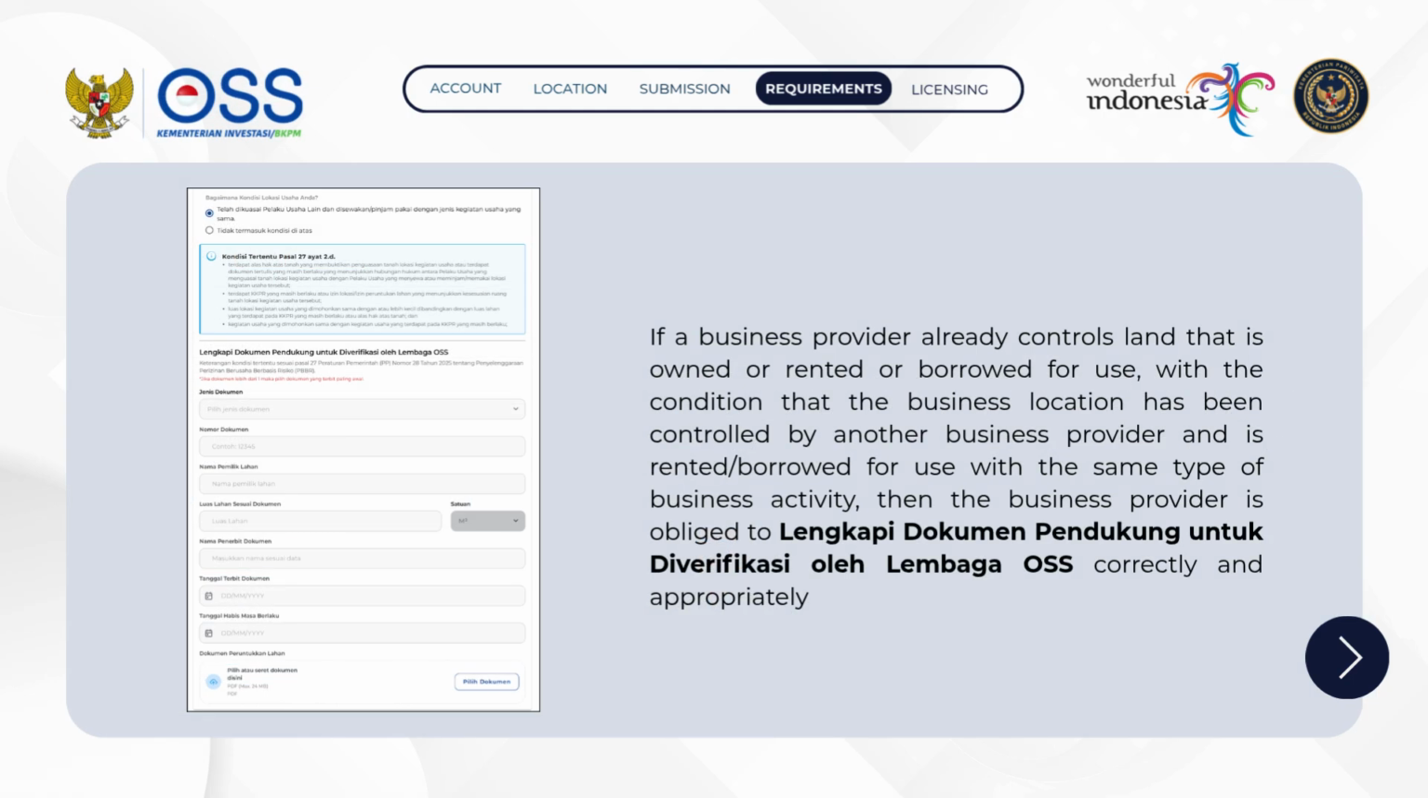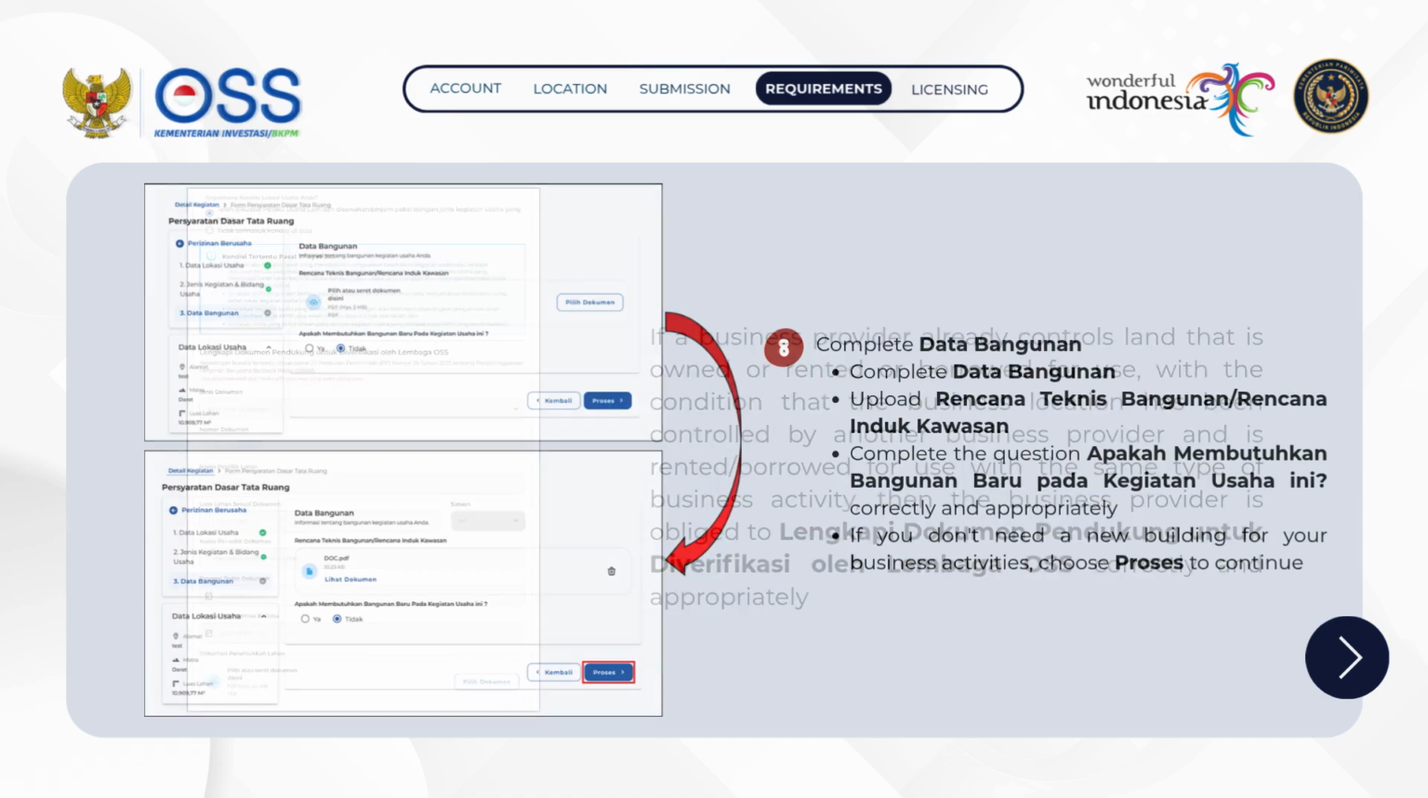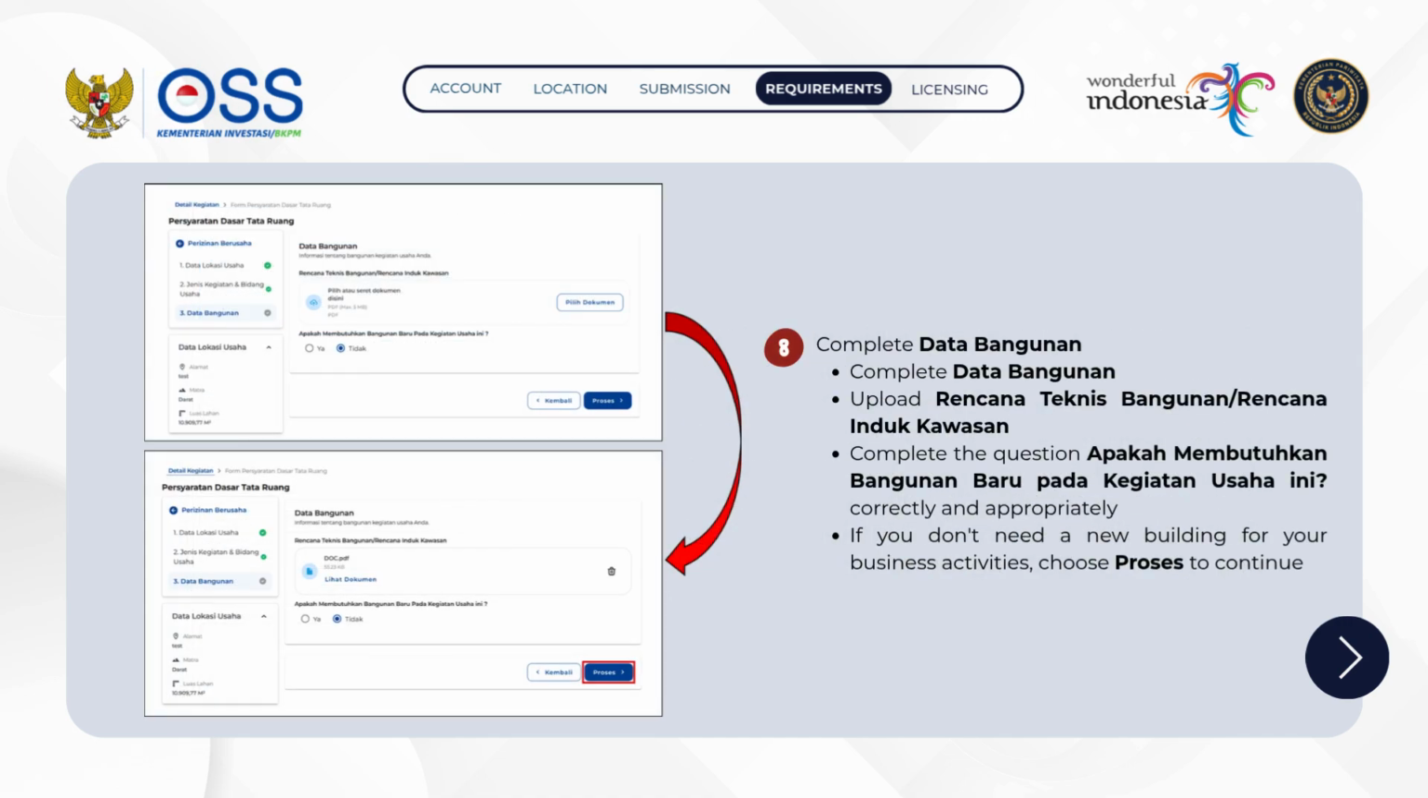In the event that the business location has already been controlled by another business provider and is leased or lent for the same type of business activity, the business provider is required to complete supporting documents for verification by the OSS institution. Next, please complete data bangunan or the building data by uploading the technical building plan or the area